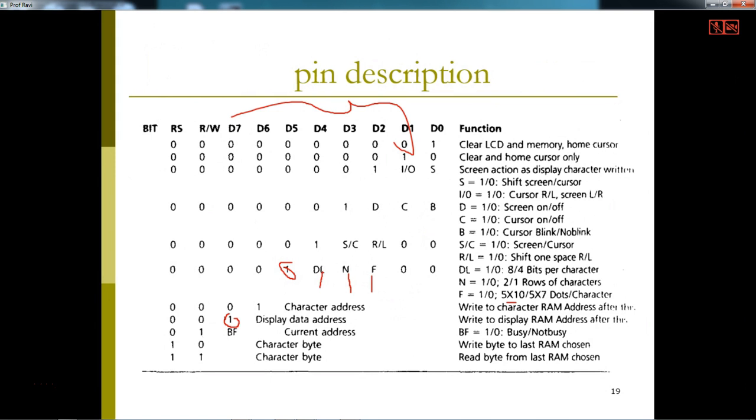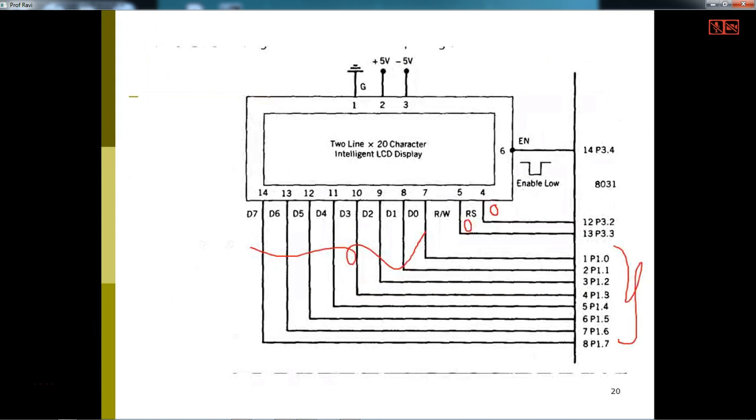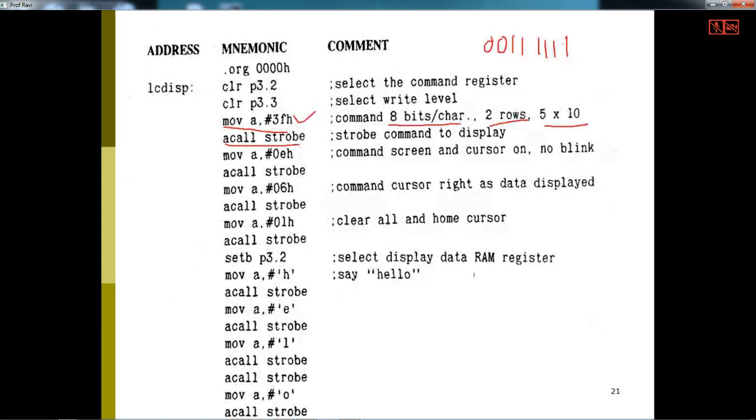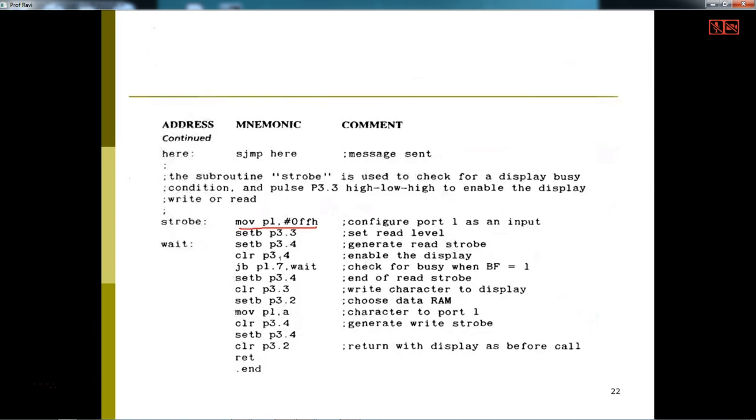To check that, I have to configure this port 1 as an input port. When I discuss the ports and the programming, whenever we want to use the port as an input port, then we have to write FF into it. FF means 1 1 1 1 1 1 1 1. When it is 1 1 1, that will be the high impedance state. Then the buffer is going to be connected to the microcontroller, right? So then